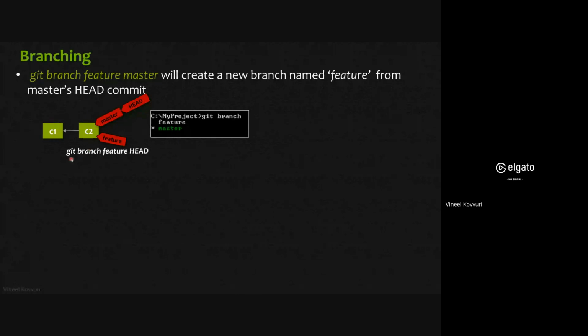When I do git branch feature head, you can think of it as tagging that commit with a new tag called feature. Earlier it had master because master is the default, and also we have head. You can represent C2 with head, you can represent C2 with master, and you can also represent C2 with feature. Now